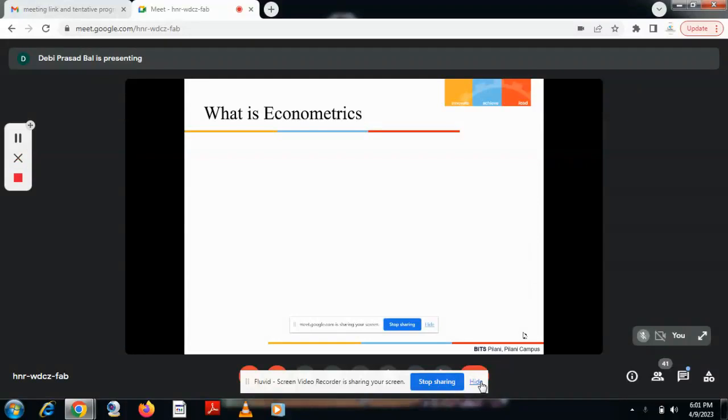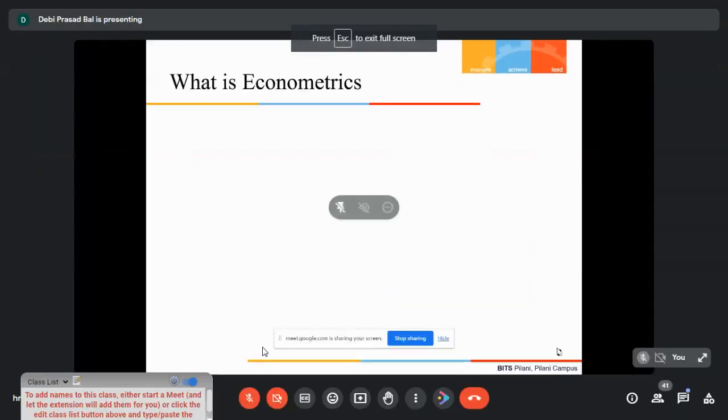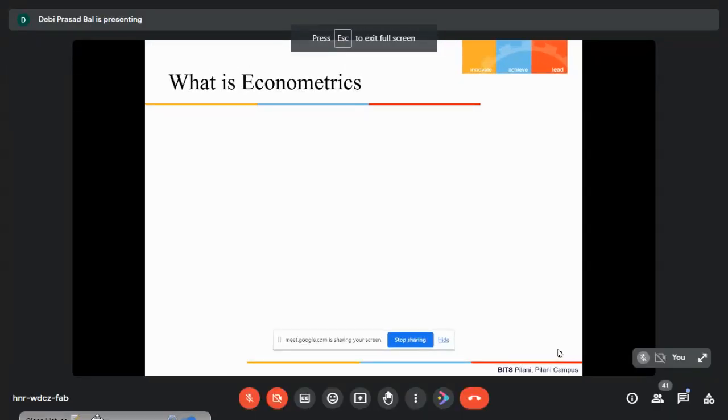What is econometrics? Econometrics is nothing but measurement. What kind of measurement? Economic measurement. We are very careful, in the sense we people are very anxious towards numbers. For example, what will be tomorrow? Or let's say, what will be Adani's stock price tomorrow, or